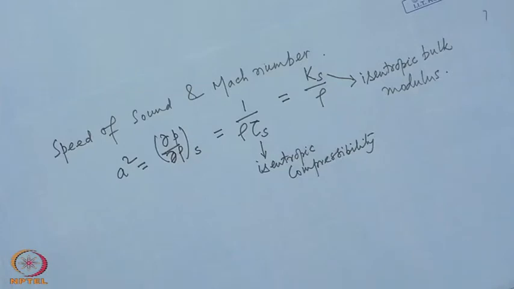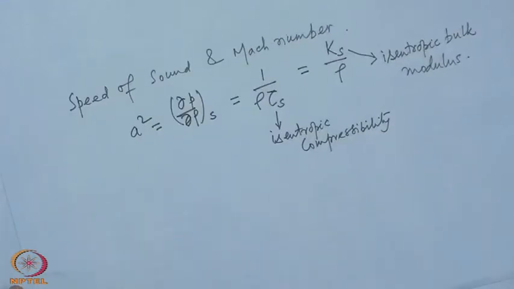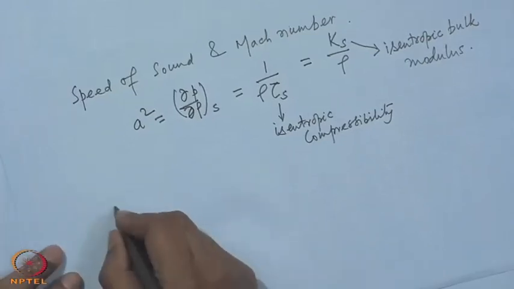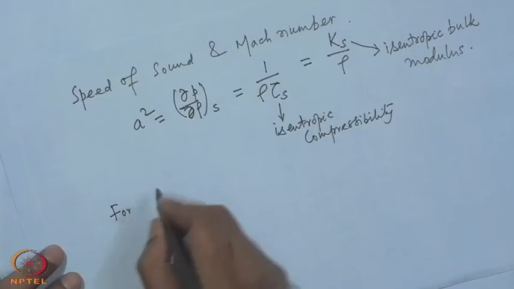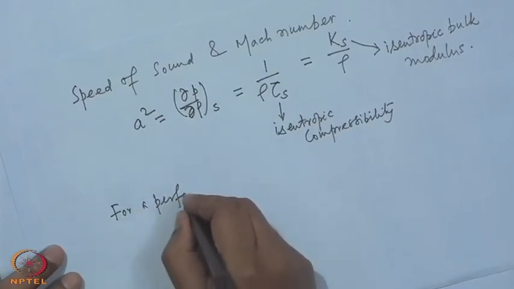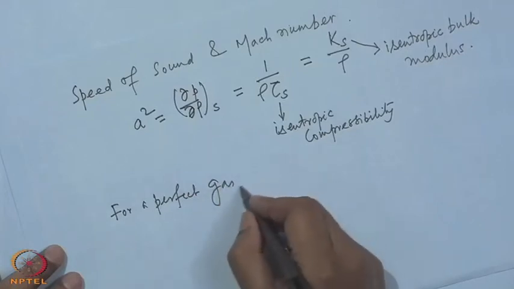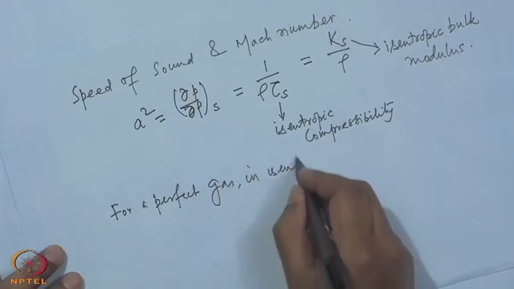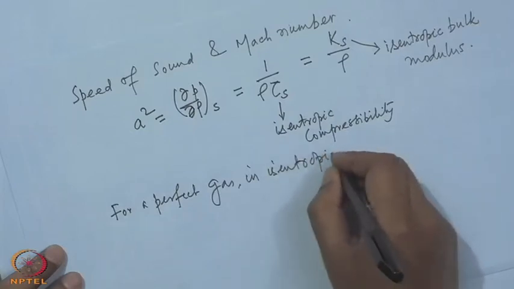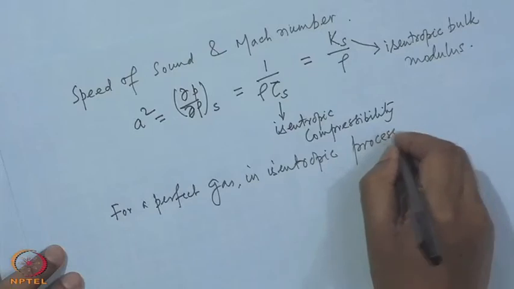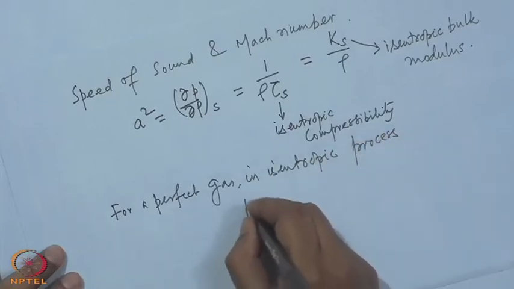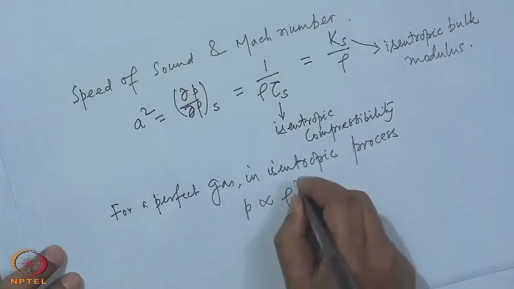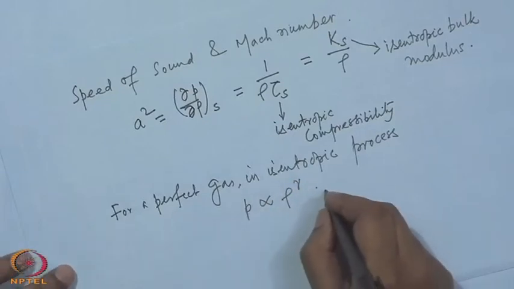However, these gradients are so small that the fluid particle undergoes a nearly isentropic process, and using the perfect gas relationship, as you have already seen that p is proportional to rho to the power gamma, and these results